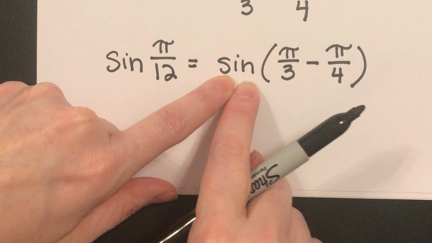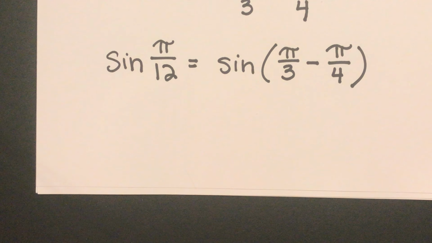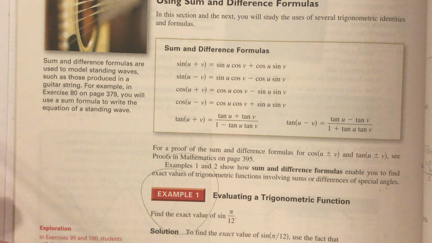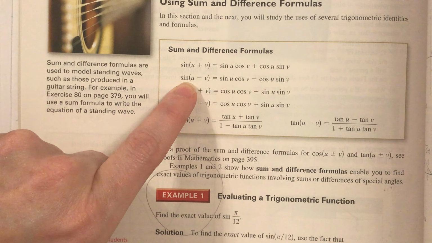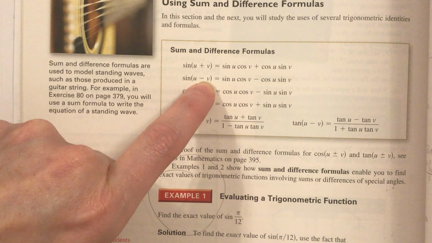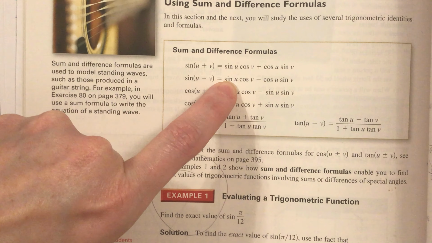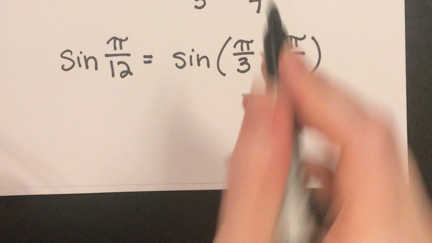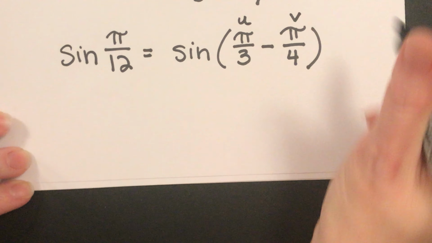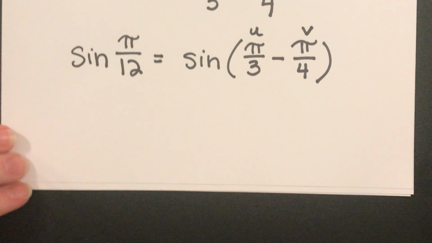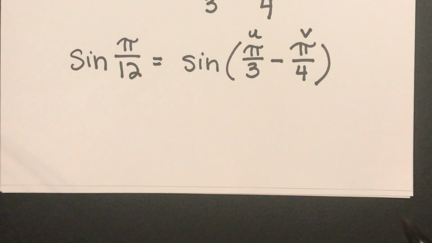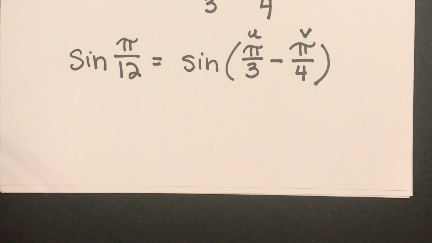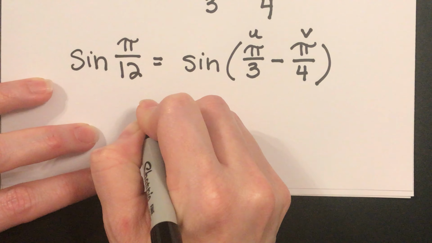Okay, so now we have the sine of one angle minus another. And if you remember, on our chart, we do have a formula for that. I hope you can see this. I hope it's big enough. So this second one here is the sine of one angle minus another. So that's going to be sine u cosine v minus cosine u sine v. And what I like to do when I'm using that is to put a little u and a v above there, if whatever formula I'm looking at is using u's and v's or other letters, that way I don't get confused. So this is going to be equal to